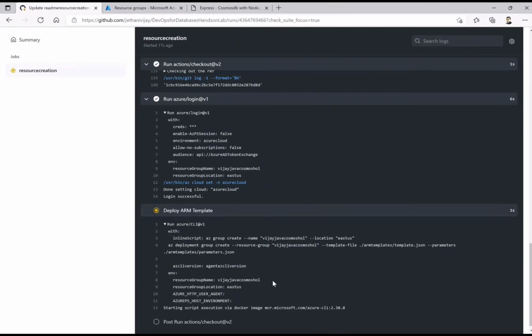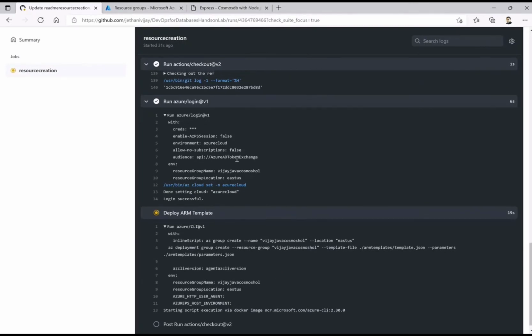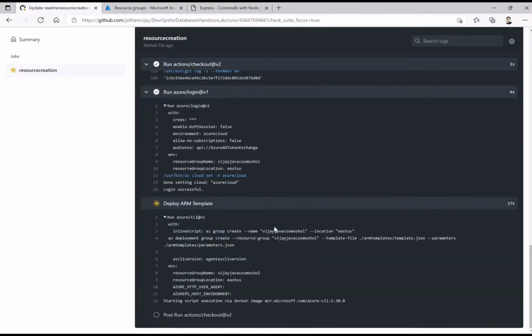And then using CLI, I'm just creating a resource group, and then following thereon, I'm just using the ARM template to deploy the other services. So that concept remains the same. Meanwhile, once you have that resource group created, first of all, let's wait for the resource group to create. I think it is now going through that.